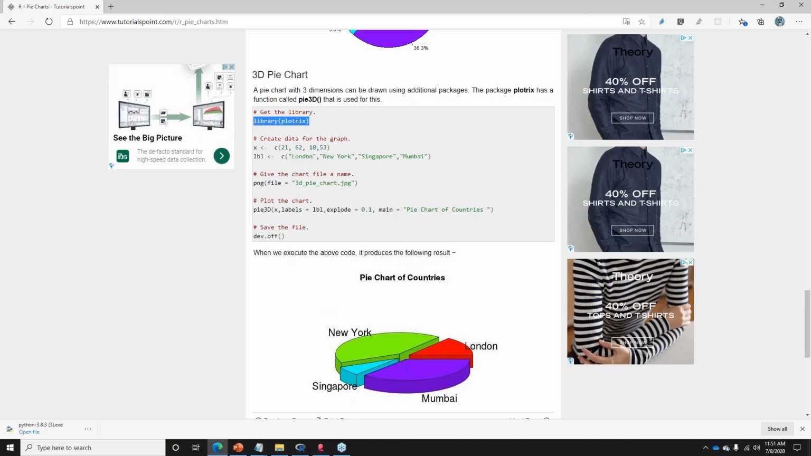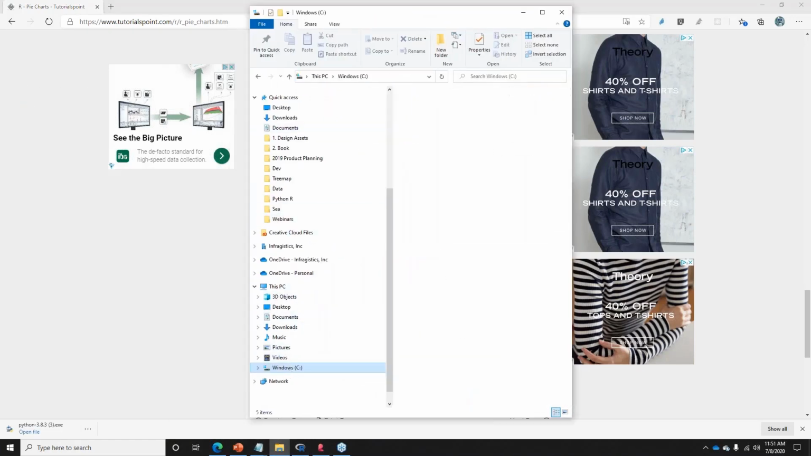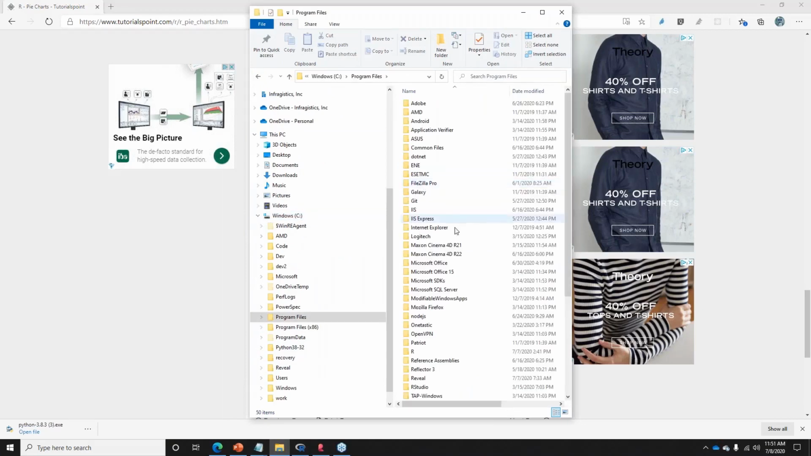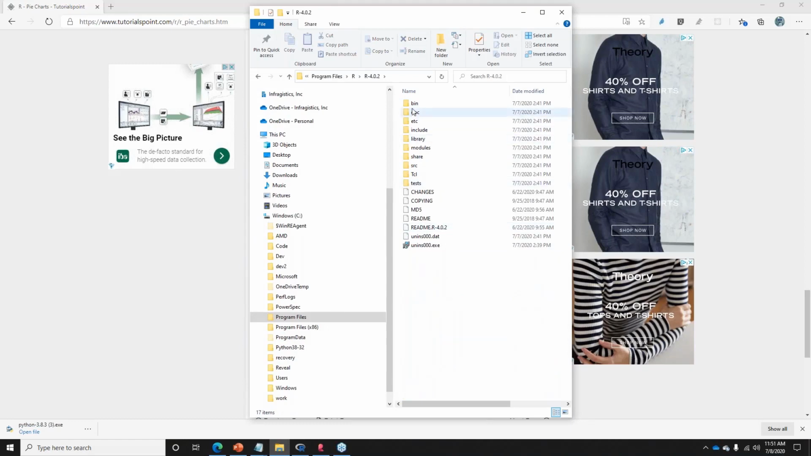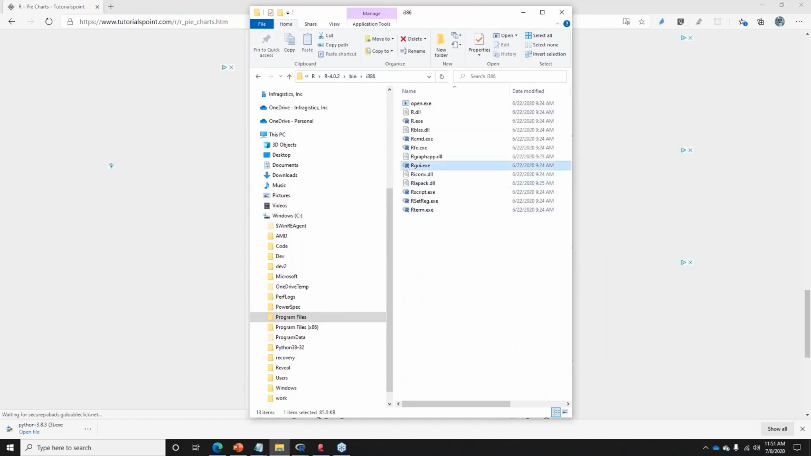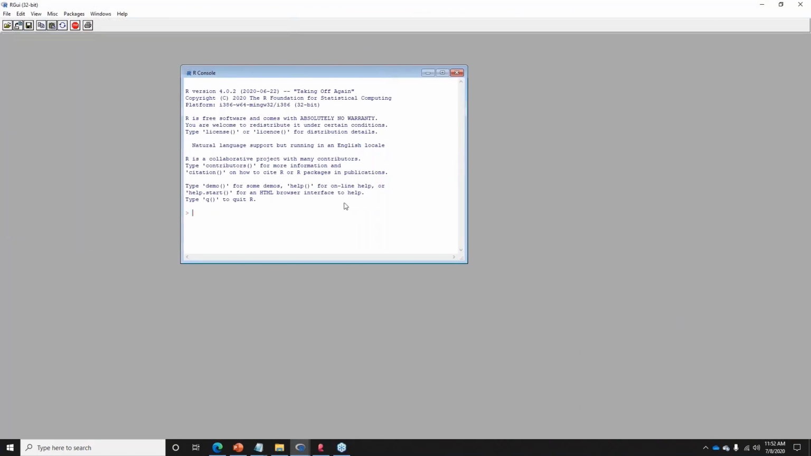Well, it's using a library called Plotrix. Oh, okay. How do I install Plotrix? Well, what you do is you go to your C drive, program files. I mean, there's several ways to do this, but if you're new to this, this is the easiest way. I go to bin, and I open up rgui.exe, and I type in install.packages, and I'm going to type in Plotrix,